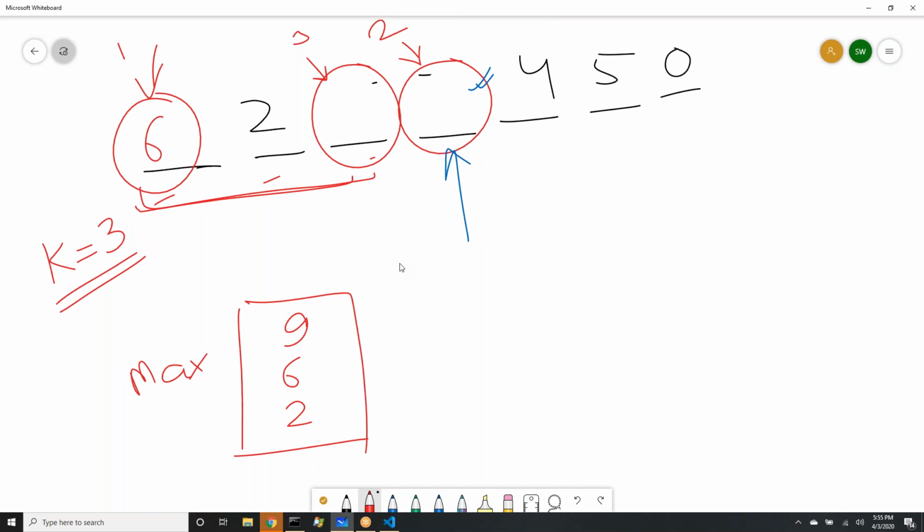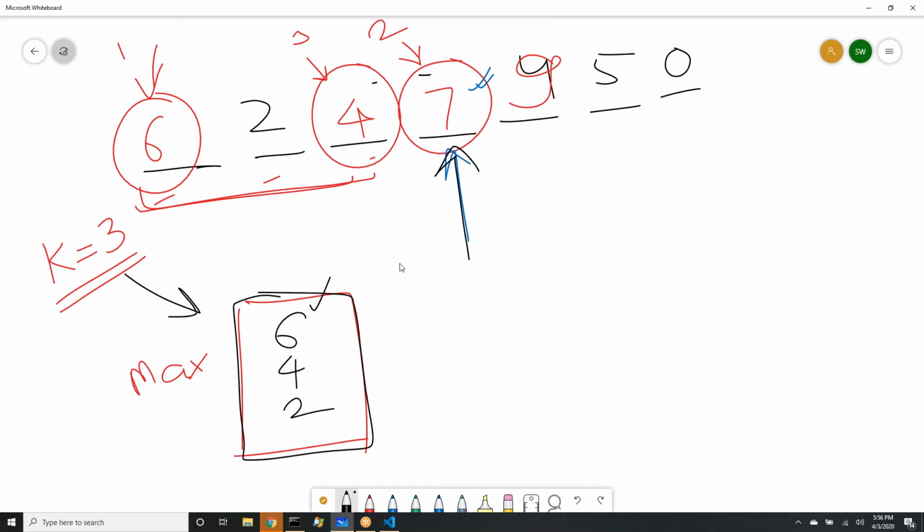Let's put 6 here, 7 here, 9 here, and 4 here. So what you are suggesting is to delete the highest element. Of the initial 3 elements, the highest will be 6, then 4, then 2. Now the moment you reach 7, if we delete 6, we will lose our value. That will be bad. We do not want to increase the size of the heap more than 3.